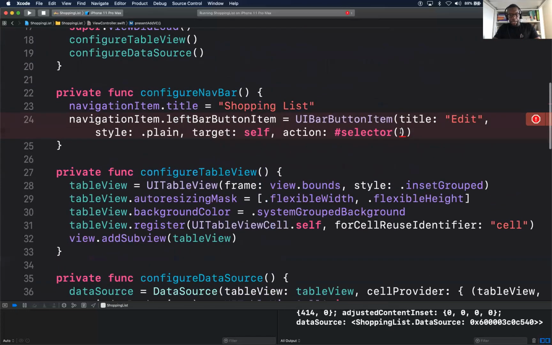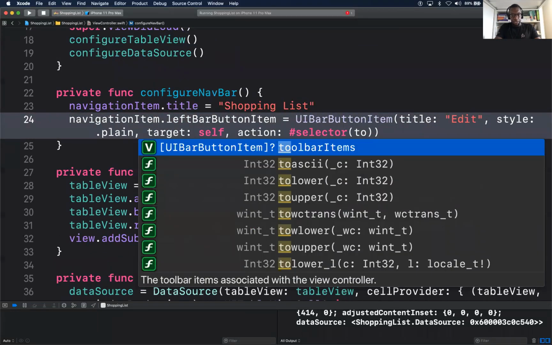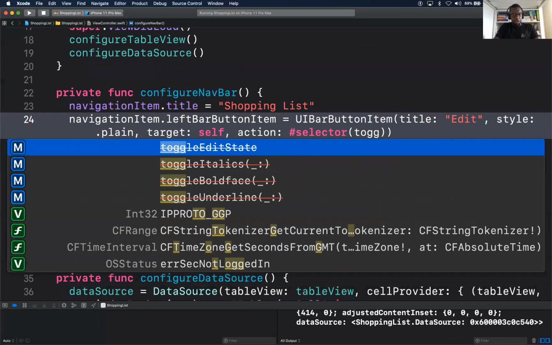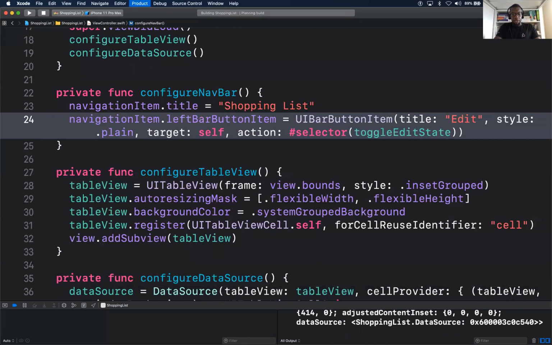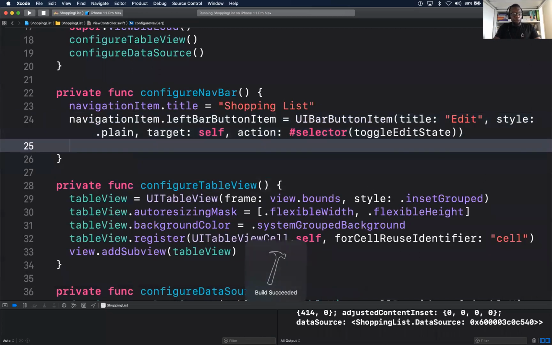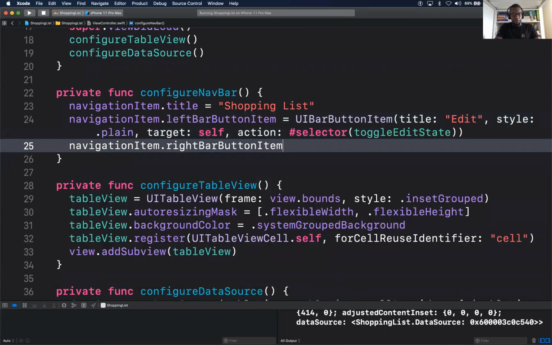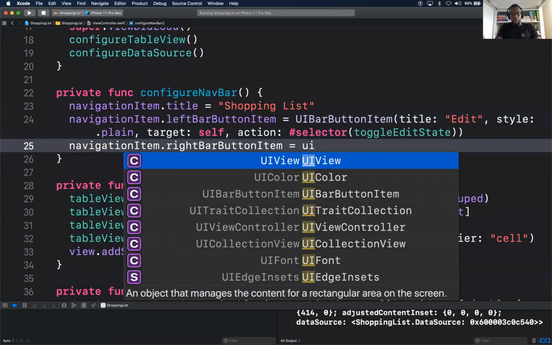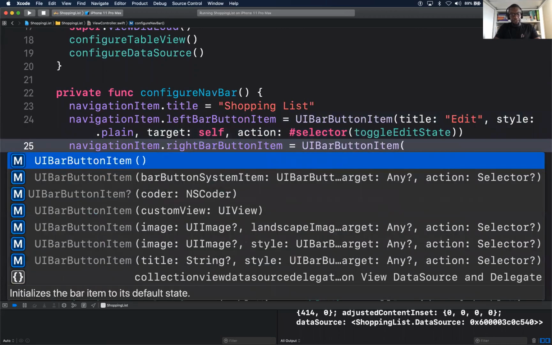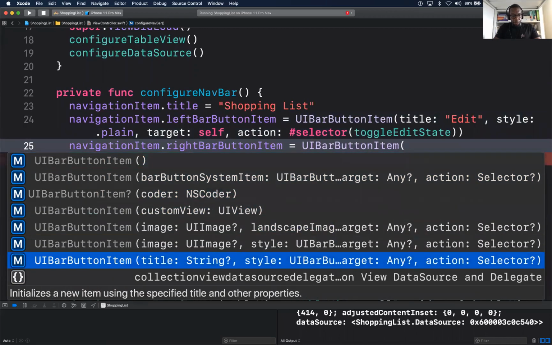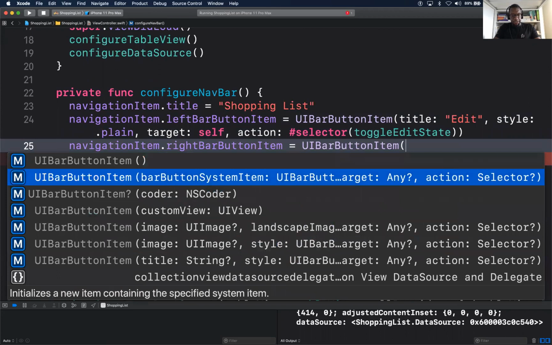So go back up, and for our left, which is the edit, just call toggleEditState. And one more item, navigationItem.rightBarButtonItem, UIBarButtonItem. This time we'll use the system, so not the title, but we'll use the bar button system type.